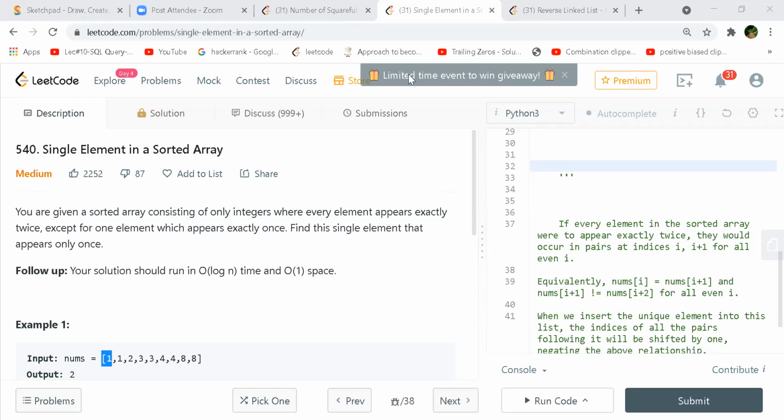So do you want to share your screen? Can I simply share the solution? I am finding it difficult to explain it. Yeah, go ahead. Okay.